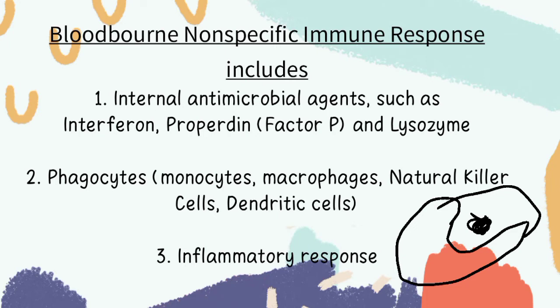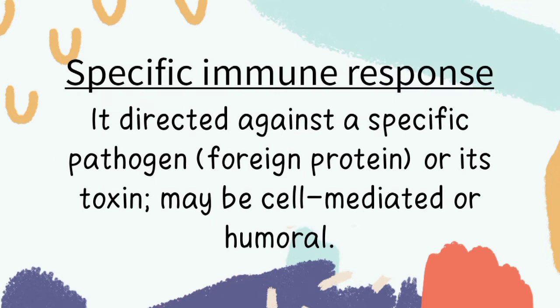You can call them the NK cells, or they have another kind of name I can't remember right now. We also have the dendritic cells. Number three, under the blood-borne non-specific response, we also have the inflammatory response. So note these three. Now, the specific immune response is directed against a specific pathogen, in bracket foreign protein,